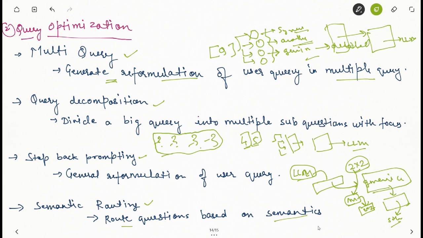There is another concept where we use an LLM routing technique, where the LLM will decide which path a particular query should follow. What do we mean by routing here? We see which topic the question is based on. Let's say it is a legal question, an HR question, or a science question. So all these queries